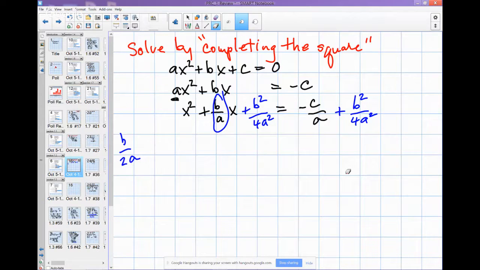Now we have a perfect square trinomial over here. So the next step is to write it as something squared. Remember, square root of x squared, x. Last term, b squared over 4a squared is b over 2a. And then the sign comes from the middle, plus. Now,